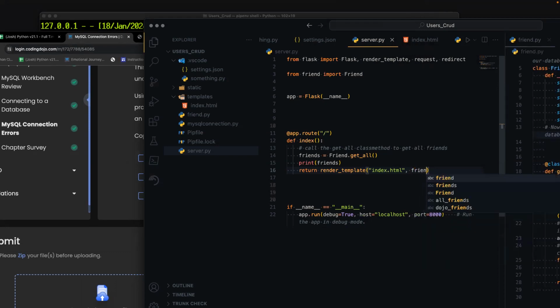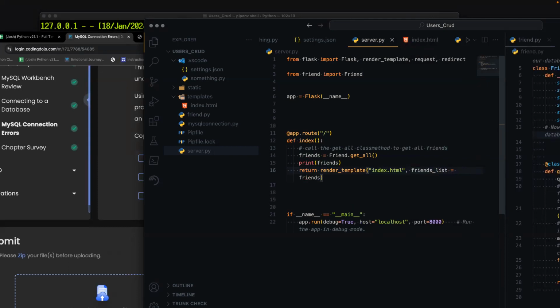We're going to say friends equals friends. Okay. So we have a variable here. We have a new variable, and we've given it the value of this variable here. In fact, we can make this a little bit easier to read. Friends, we'll make it friends list. So our friends list is going to take in this variable friends, which has that list of class instances